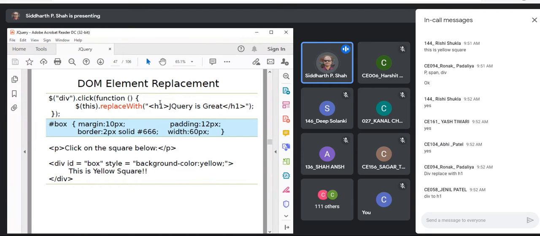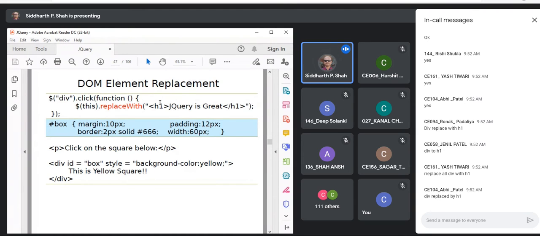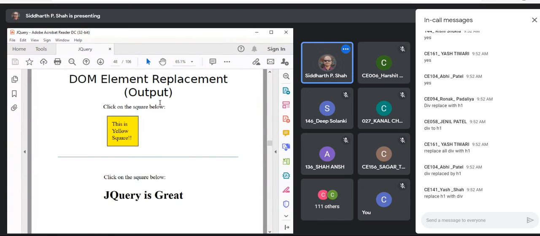Yes, the div will be the div element, and the div element will be replaced by this h1 element. You can see the whole box has gone. If you click on that box, it is gone. The div element has gone and it is replaced by this h1 element. Yes, Shah, you are answering in a reverse manner. Division will be replaced by h1.